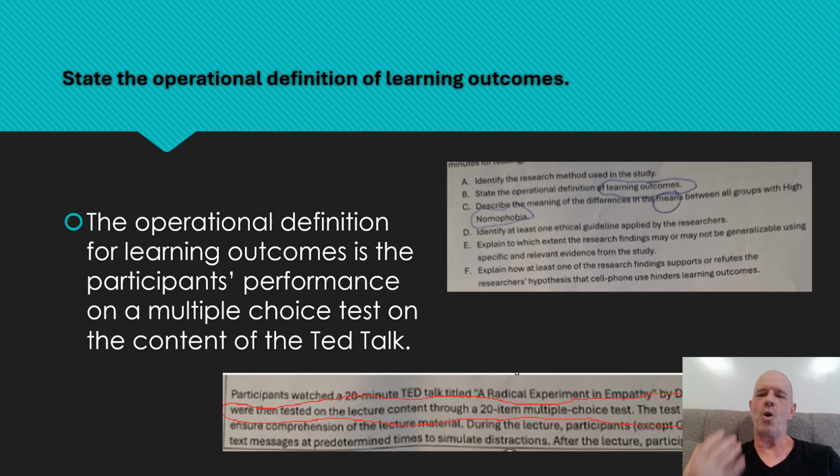You want to make it so abundantly clear that even the most distracted and cranky reader is going to say, well, the operational definition for learning outcomes is the participant's performance on a multiple choice test on the TED Talk. You can't possibly score that a no. So use those extra couple of words. By the way, this is one sentence. Point A, one sentence. Point B, one sentence. Point C,